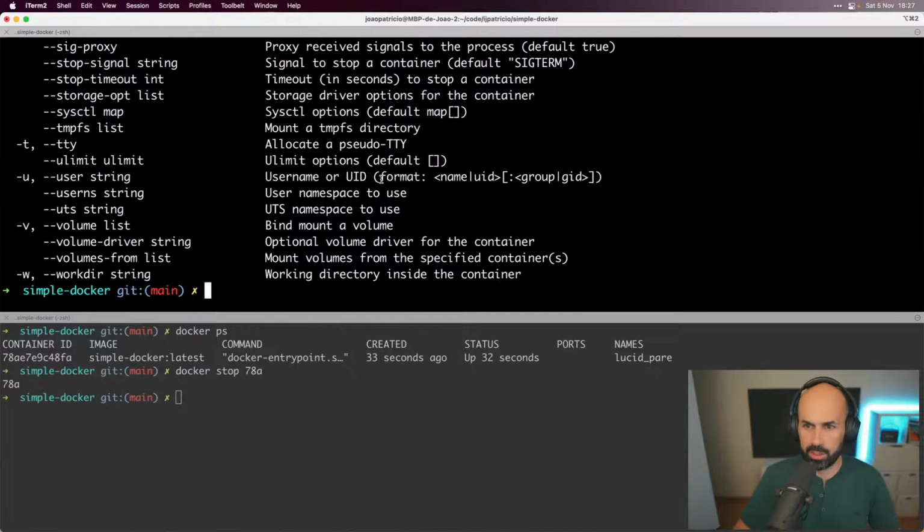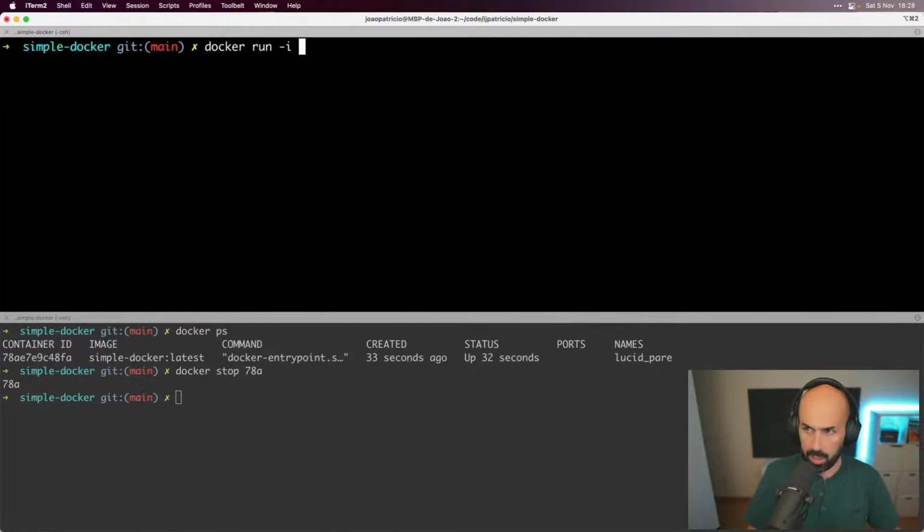We'll do just that. So let's docker run -i -t, or -it. Now that we're using a word, we put two dashes, --publish, or it can be -p. Let's say port 3000 from the host machine to port 3000 of the container. And let's run simple docker again, :latest.